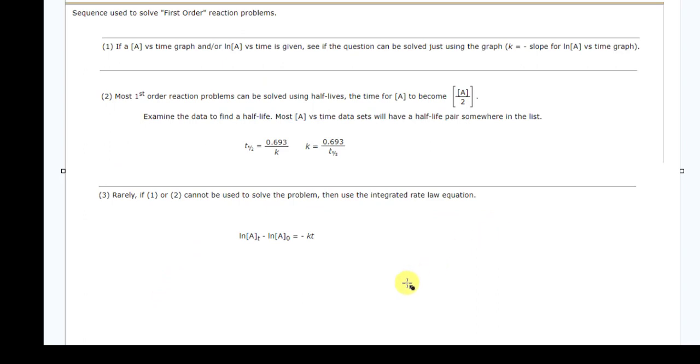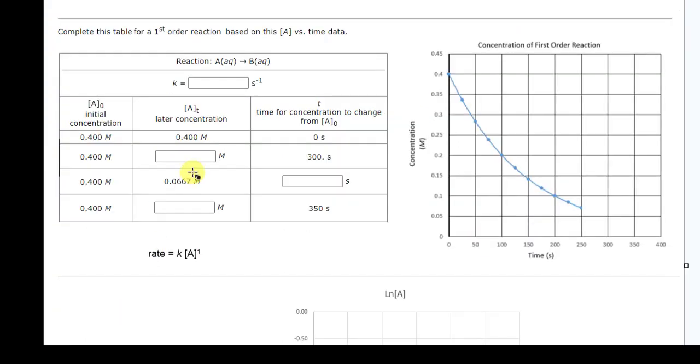Well, here's a series of steps that you can follow whenever you've got a first order reaction problem. If you have a concentration versus time graph, good, or a natural log of A versus time graph, you can solve very often by finding the slope of the natural log of A versus time. This is where we can find this valuable K, which is useful both in the instantaneous and the integrated rate law. So let's go back to our problem, because that was the first thing we needed to solve,